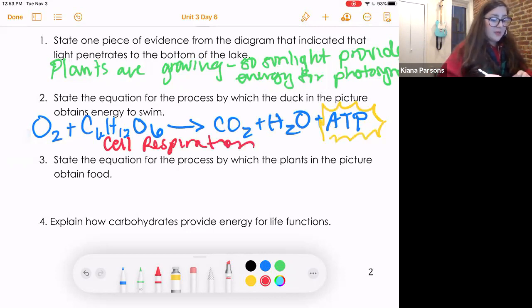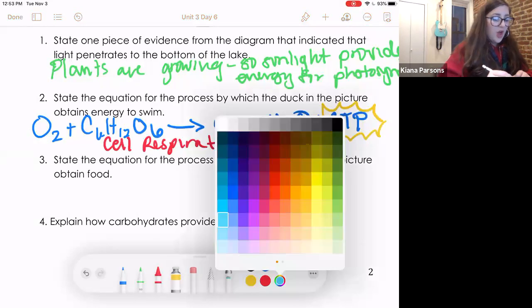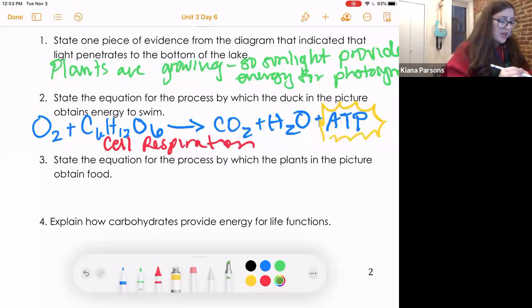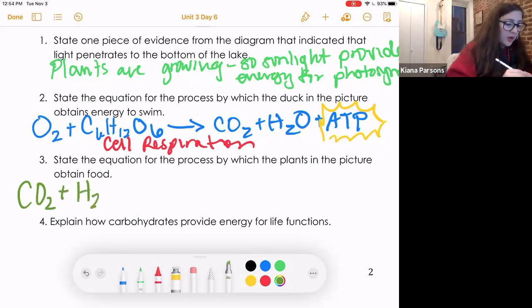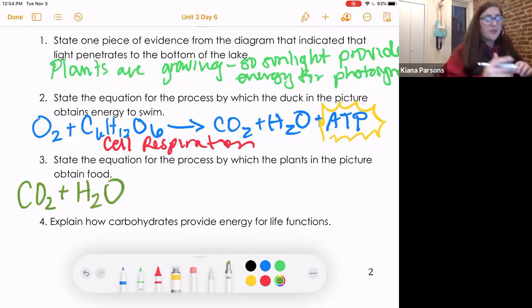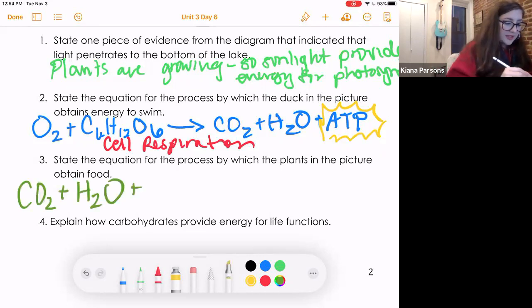State the equation for the process by which the plants in the picture obtain energy for food. Why, that's photosynthesis, of course. So let's go ahead and state that equation once again for good measure. And we can use the equation right above us to check ourselves. So in photosynthesis, let's start with the products of cellular respiration. We start with carbon dioxide, which plants gather from the atmosphere, plus H2O, which plants obtain through their roots from the ground, plus sunlight, energy,